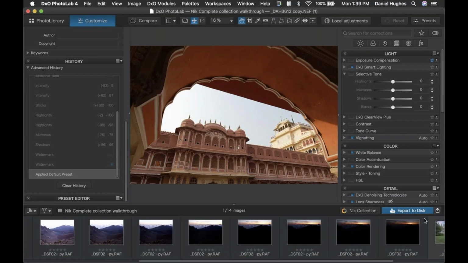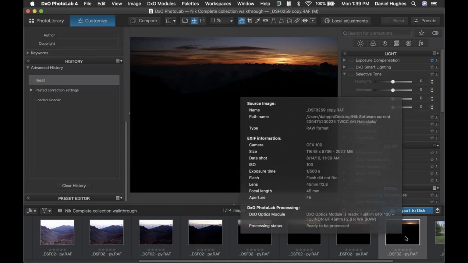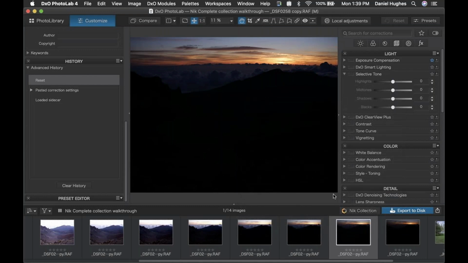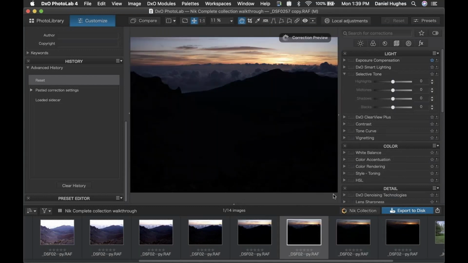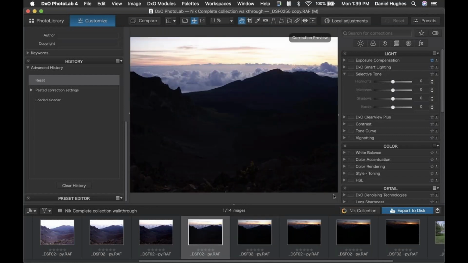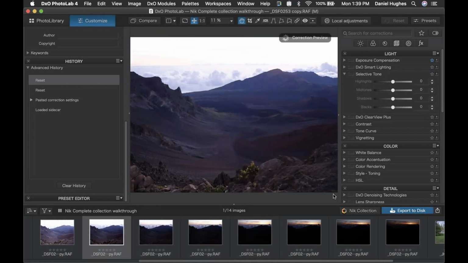So here I've got an HDR exposure series, and I want to show you a couple things with this grouping of images. First of all, these images have a funky naming convention. They have the original name that it was in camera, and then it also has an underscore copy, or a space and then copy. So we're going to rename the files, and then I also want to show you